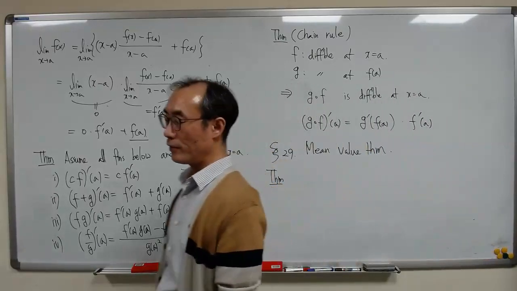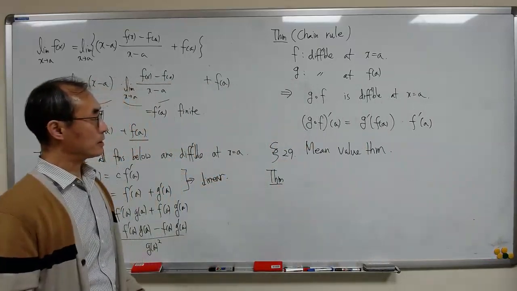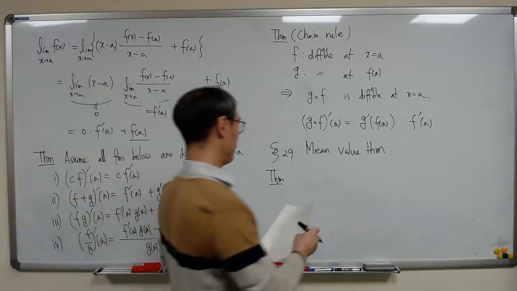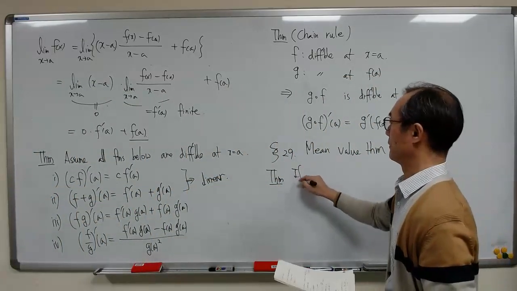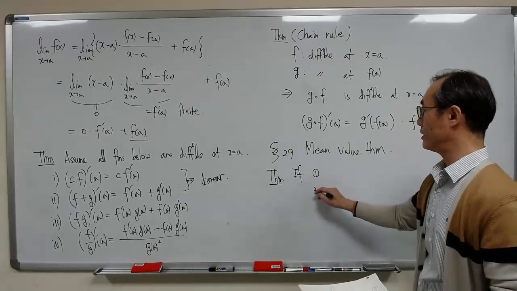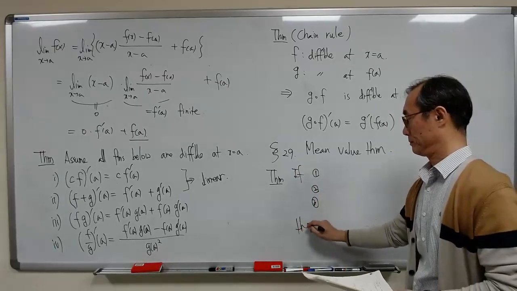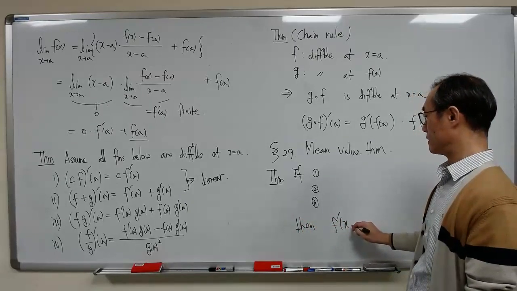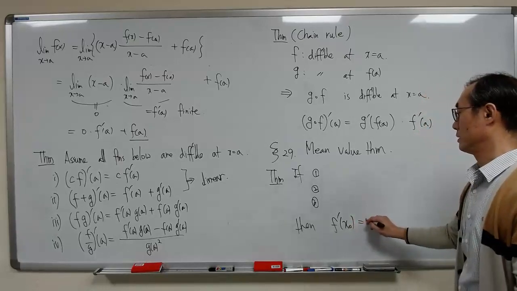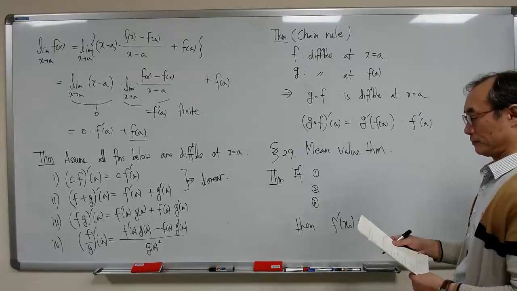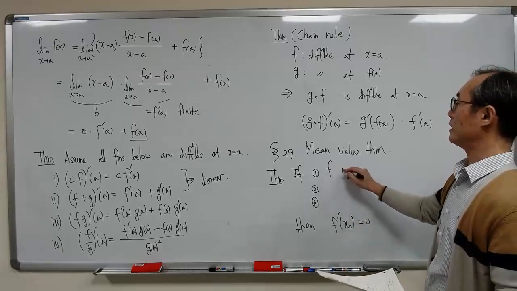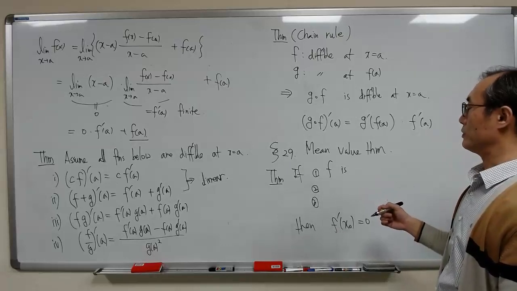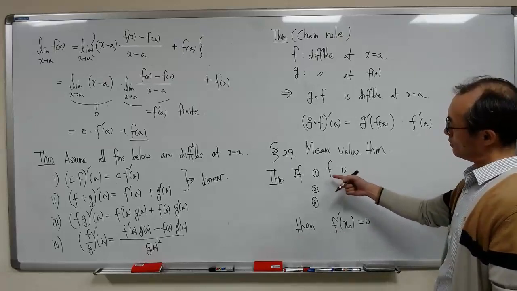Okay, the first theorem that we're going to deal with in this section is something like this. If we have those three conditions, then the conclusion is that the derivative of this function at x naught is 0. For the function f to be differentiable, we first need